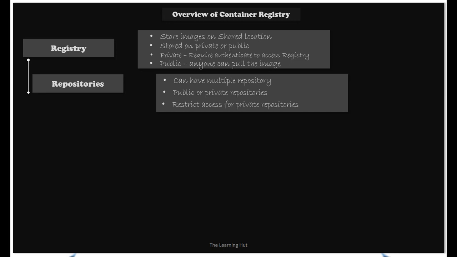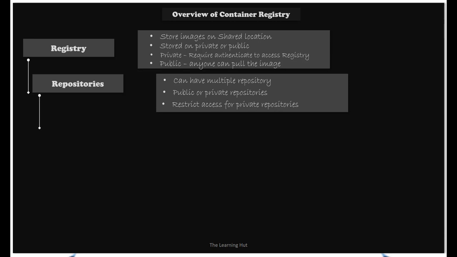We can have multiple repositories in a single registry, and we can create public or private repositories. For private repositories, we can restrict the access. A public repository is available to everyone, so anyone can log in and download or pull images from your repository.